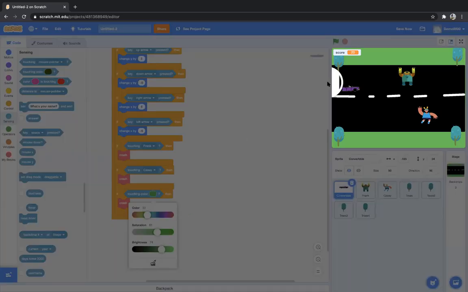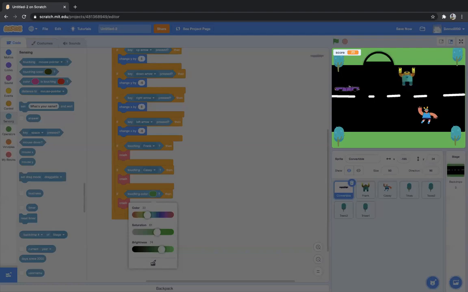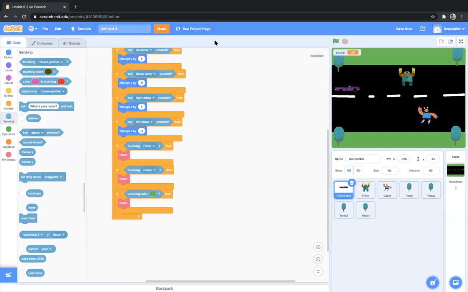Now I'll just take my arrow here and see here, the round. Right now it's on green color. If I bring it here, it will select black color. If I bring it on the car, it will select purple color. And if I bring it on Casey here, it will select that. So whichever color I want, I'll select it from this pen here. Click on pen, bring your cursor in this stage area and select whichever color you want. Right now it will select this tree color. If I bring it here, it will select this color of Frank. If I bring it here, it will select green. Here, black. Here, white. If I bring it on the car, it will select this purple color. Okay, is it clear how to select the color?